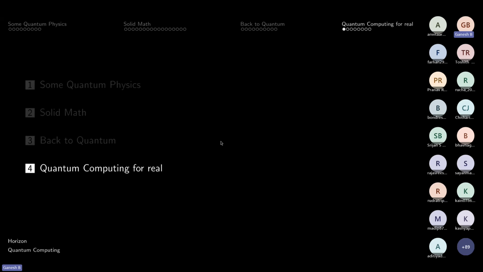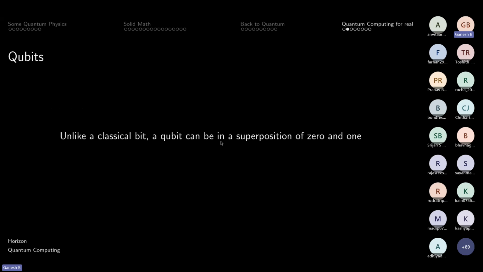And okay, we are really running out of time, so let's just try to get this over with quickly. So I think many of you have heard about qubits. A qubit is just, you have a classical bit. In your classical bit, you have zeros and ones. It's binary, so it's either zero or it is one. But a qubit can be a superposition of zero and one. I think even Pranav asked you briefly about this. So I think most of you are aware of what superposition is.